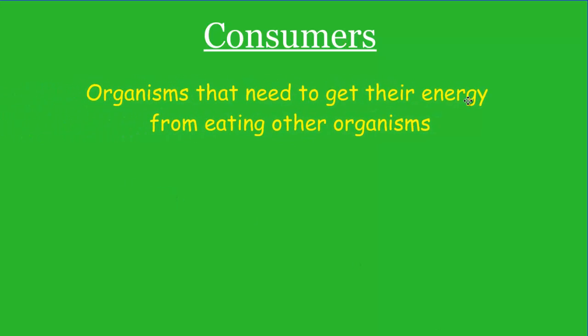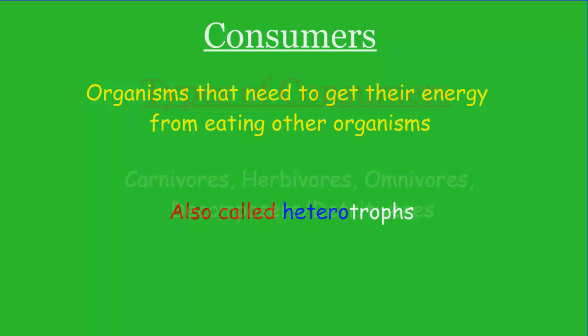All right, so those were the producers. Now we're going to move on to consumers. Consumers consume things, which means they are the organisms that need to get their energy from eating other organisms. They're not like the producers, where the producers can provide themselves with the energy. Consumers have to go out and get something else. Just like the producers we call autotrophs, consumers, because they eat something other than themselves, are called heterotrophs. Hetero means other or opposite of themselves, and trophic means to eat. So we can call them heterotrophs as well as consumers.